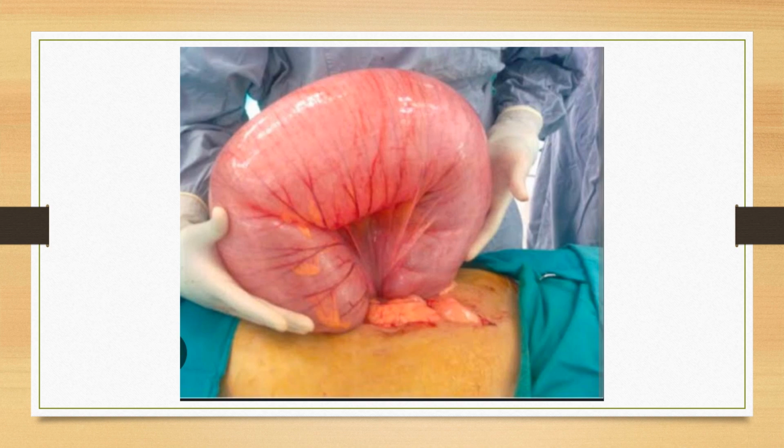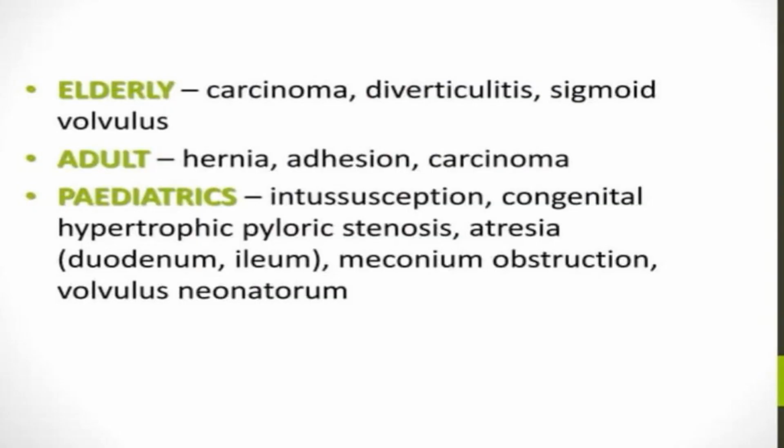This is a picture showing the volvulus, and this is a sigmoid volvulus. The volvulus is actually the twisting of the gut around its mesentery. Usually occurs in the adult. So now there are different causes, which some are common in the elderly, some in the adults, and some